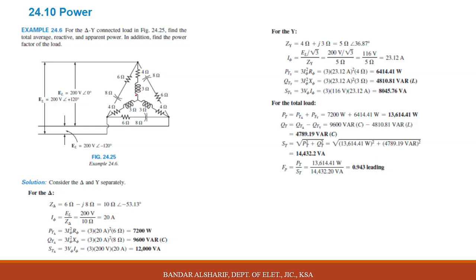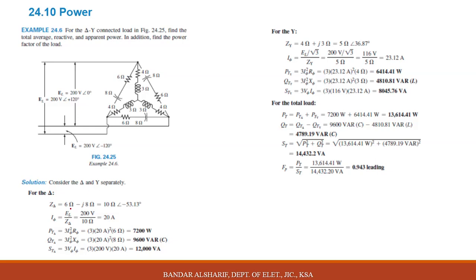We will find each one and subtract, because the capacitor is a source of reactive power and the inductor absorbs reactive power. We will subtract the value produced by the capacitor from the value absorbed by the inductor and find the total